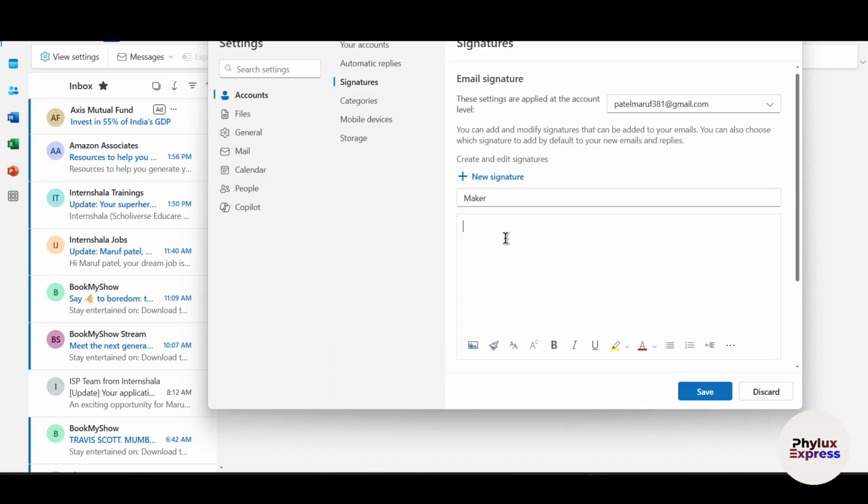So let's say I will add my name like maker, and then I will add one more thing related to my company, which is the title. How to add signature, and then after that let's add some contact information, something like this. And then if you want to add, let's say, your link, for example, what I'm going to do, visit